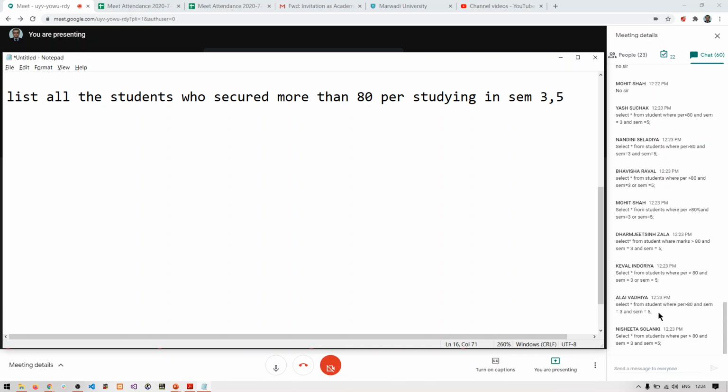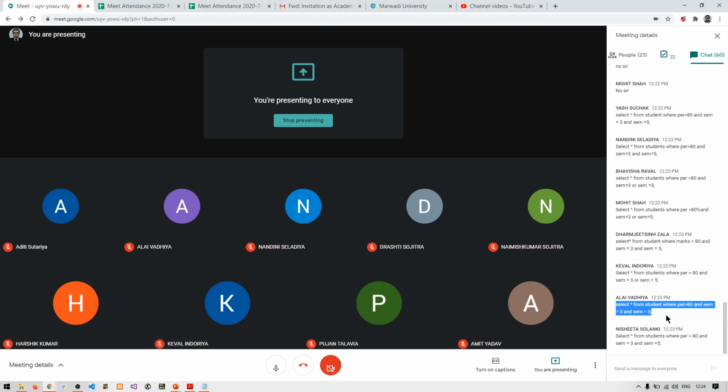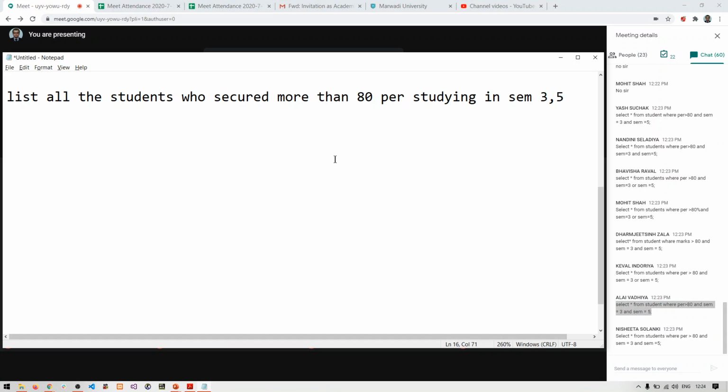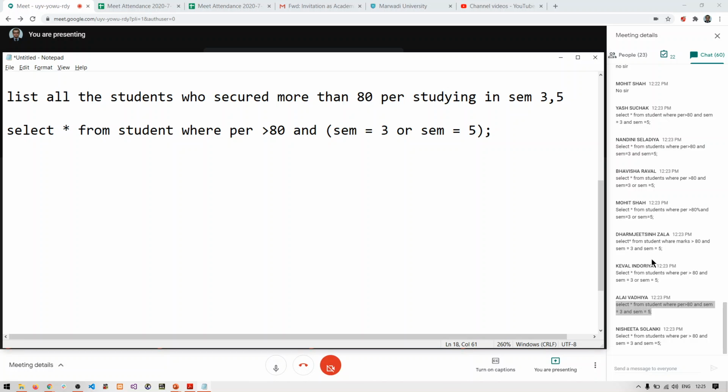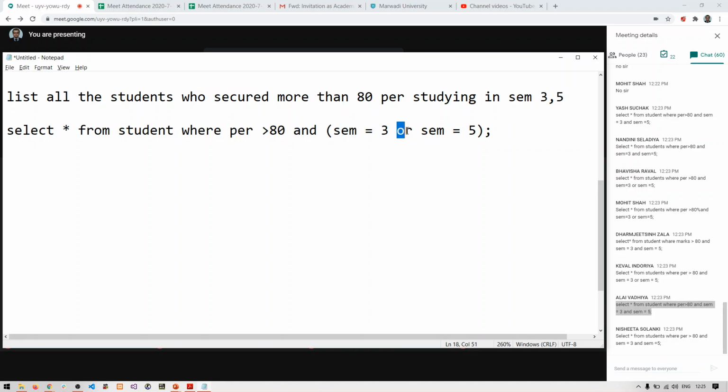Right? So what will be the answer here? Select star from student where percentage is greater than 80 and SEM equals 3 or SEM equals 5. Either you use the bracket or not, it is not compulsory. But here it will be OR.